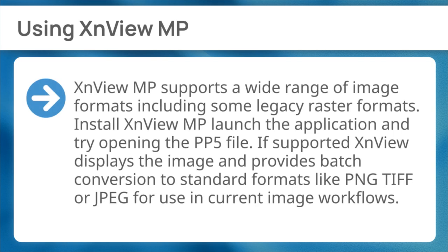XNView MP supports a wide range of image formats, including some legacy raster formats. Install XNView MP, launch the application, and try opening the PP5 file. If supported, XNView displays the image and provides batch conversion to standard formats like PNG, TIFF, or JPEG for use